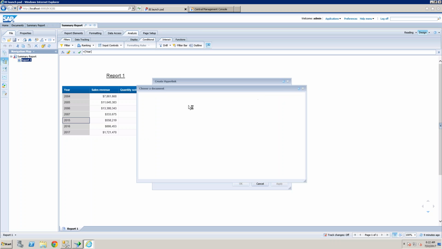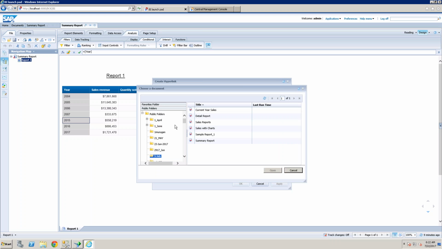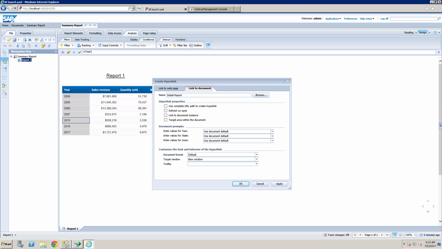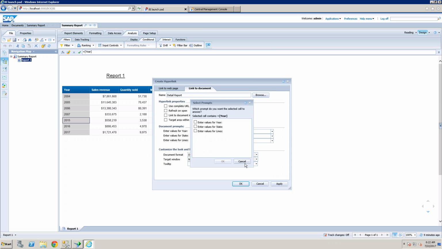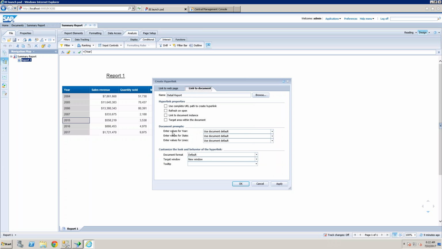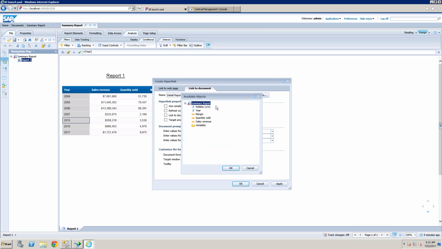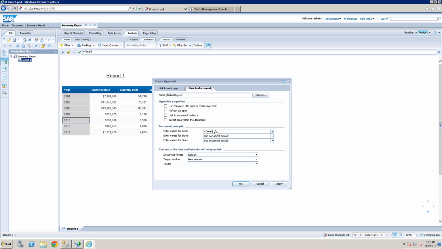Click on browse, choose the detailed report and click open. Leave this blank and enter the value for year. I want to pass this value from the year object, so select the year object and click OK. The year value is being passed to the detailed report prompt.